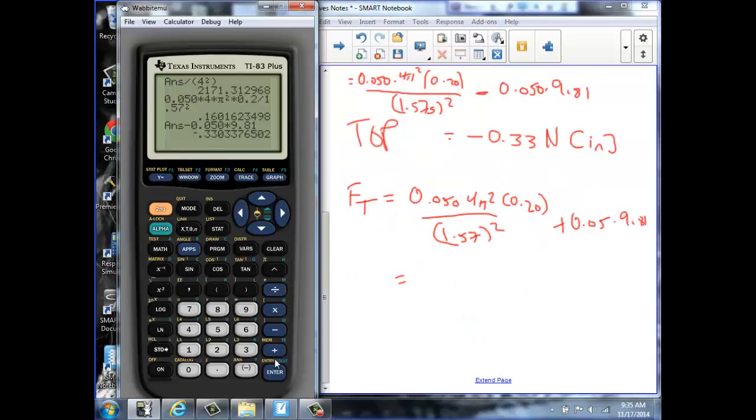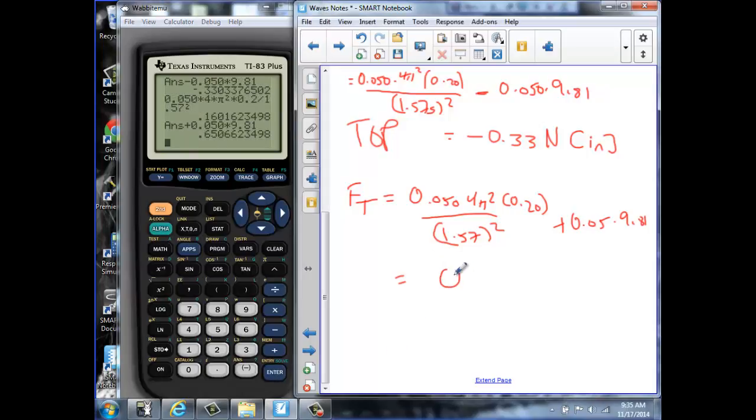If you know how to use this function in your calculator, go second entry, re-pull up that first number, and then add 0.050 times 9.81. And here the tension is considerably different. Now it's 0.65 newtons. Again though, it's going in, only this time in is actually going